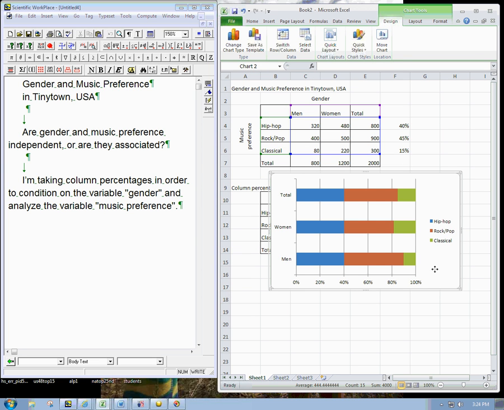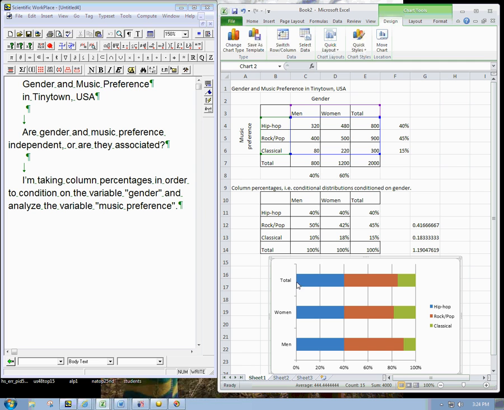Okay. So here's the overall distribution between likers of hip-hop, rock pop, and classical, regardless of gender. Here's the women who tend to have a significant more preference for classical, definitely a much bigger green than this green, and a bit less for rock pop. If it was just this difference, I still think you'd say these are not independent, and this definitely cinches it. That's a very significant difference.